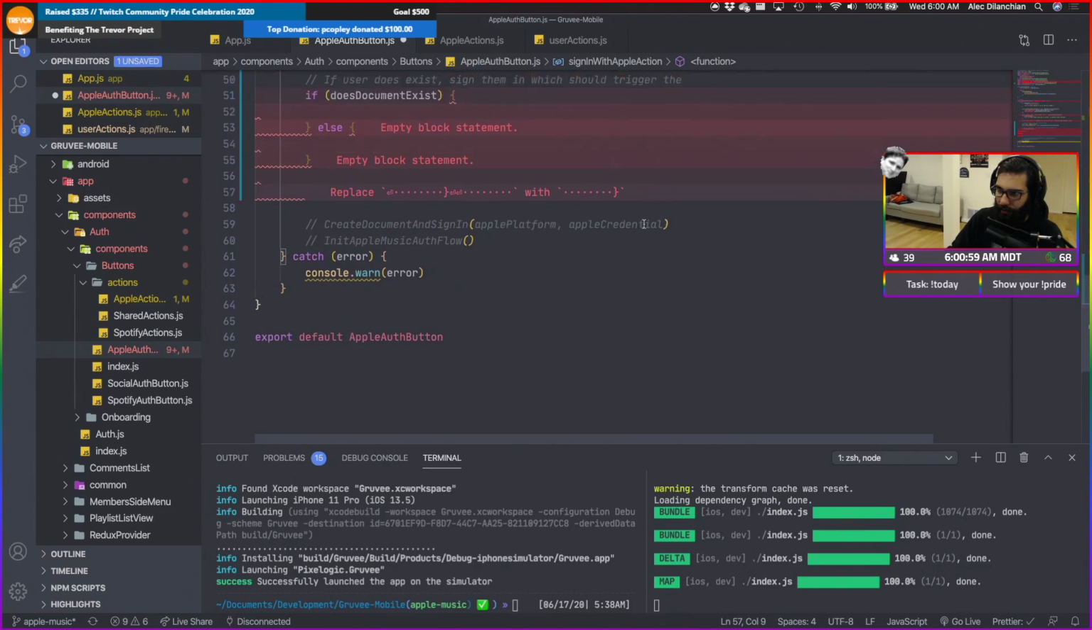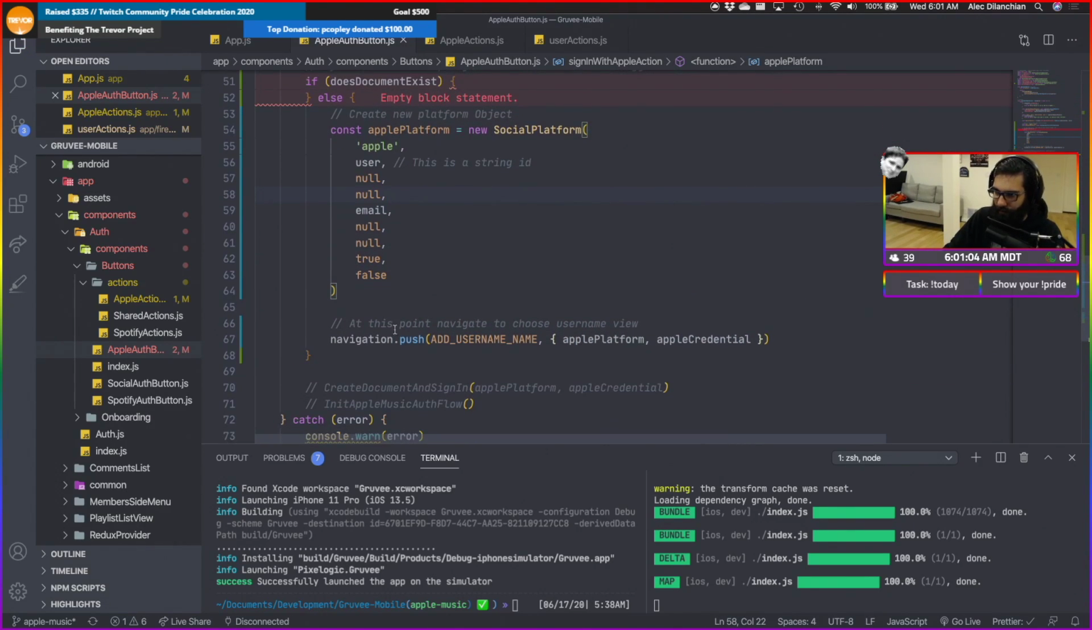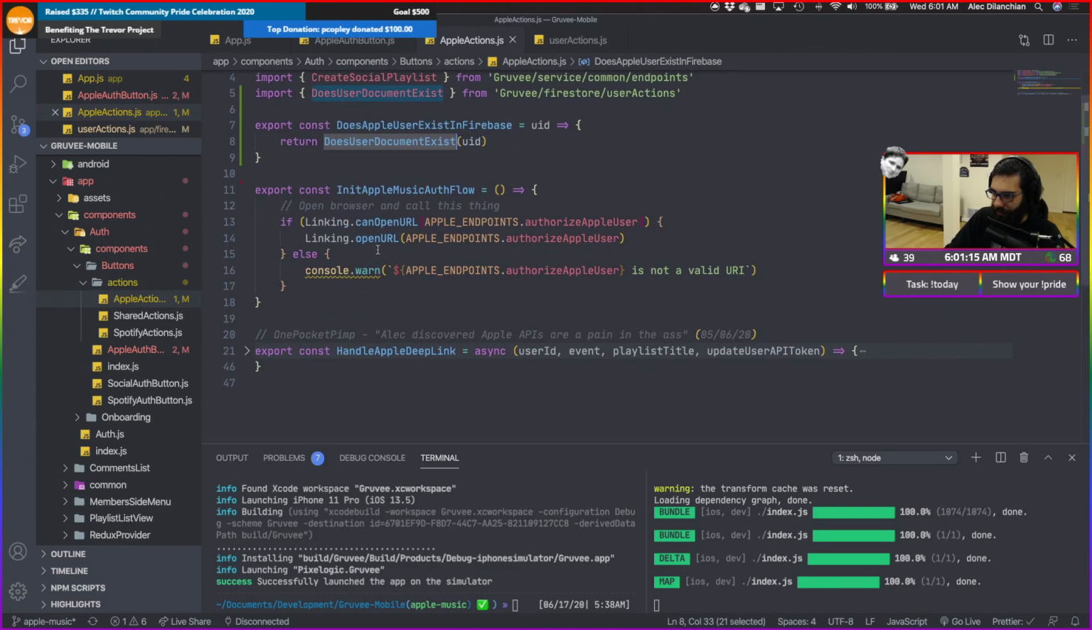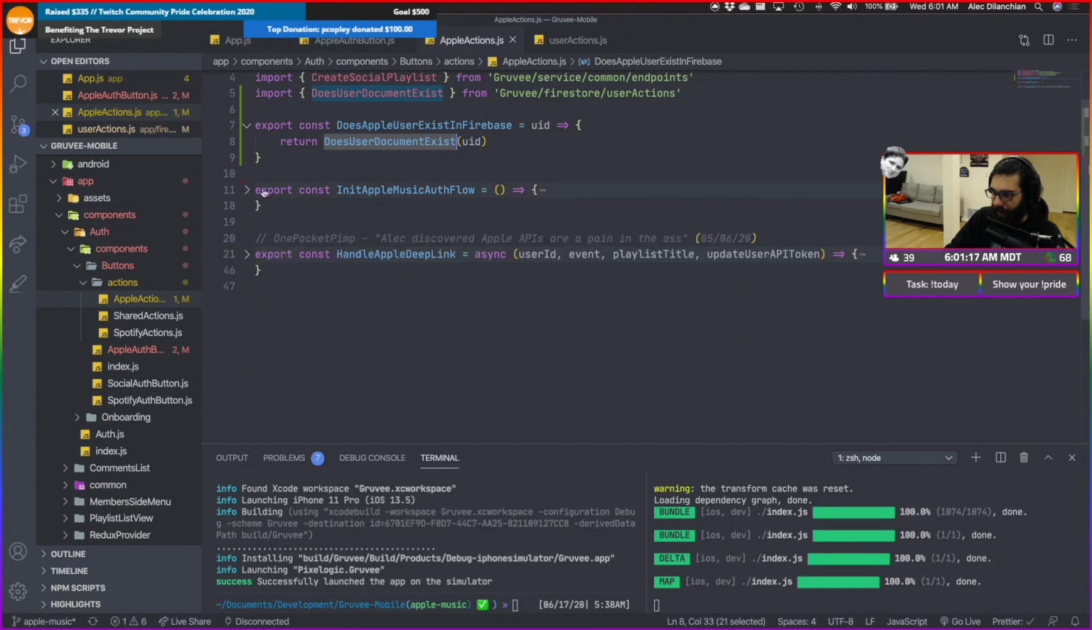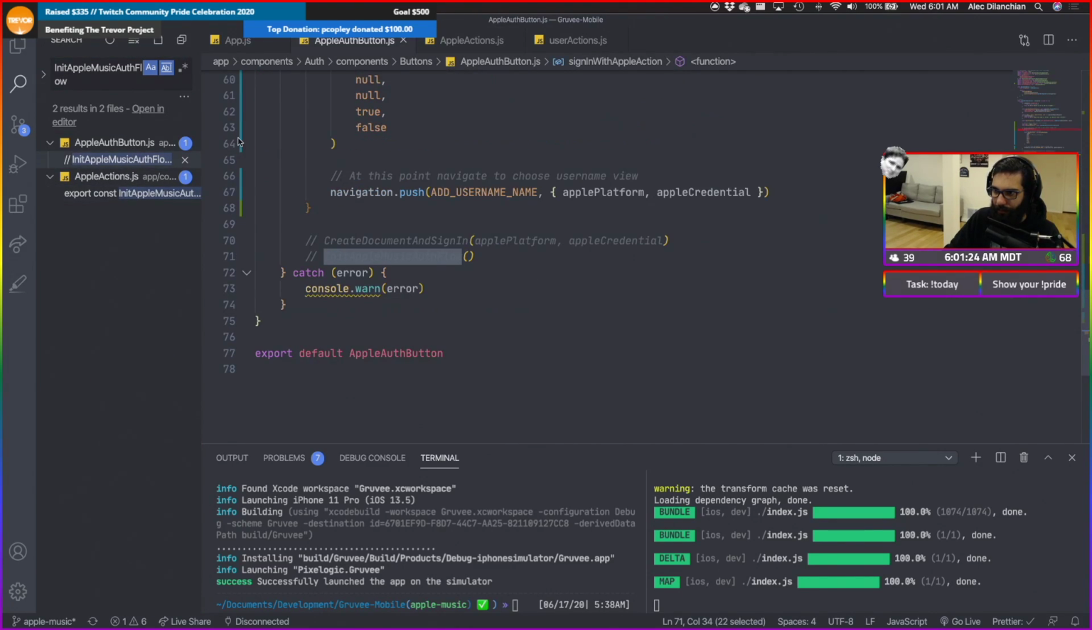Yeah, so we're going to take all this. This is, again, going through our process of actually creating our social platform and things like that. And init Apple Music Flow, are we even using that anymore? I don't think we're using it in here. Oh crap, I don't think we're using it at all anymore. Yeah, we don't need that. I think we can actually just use...